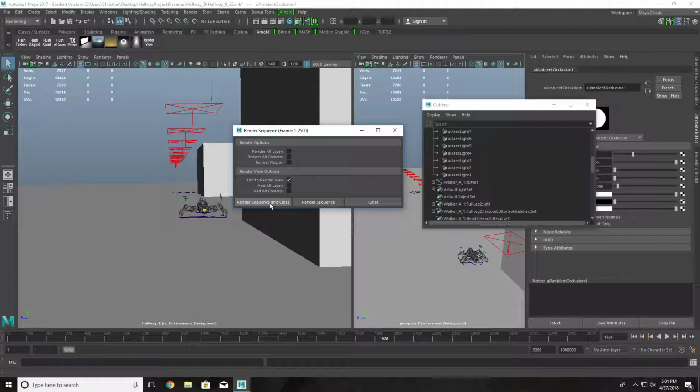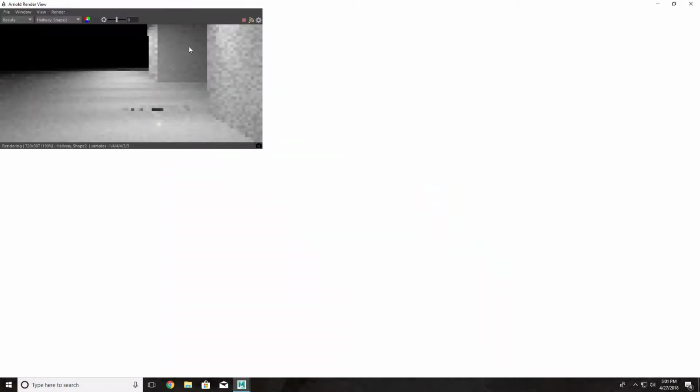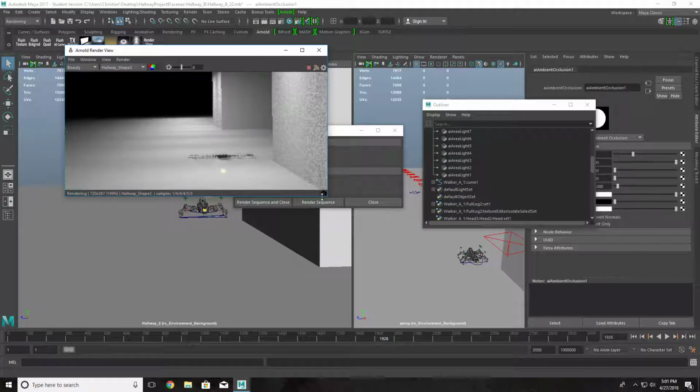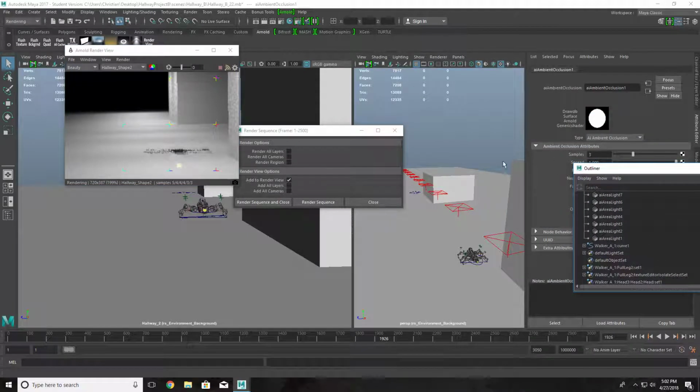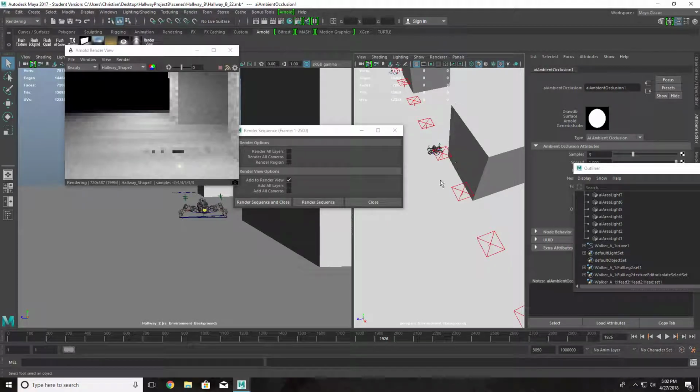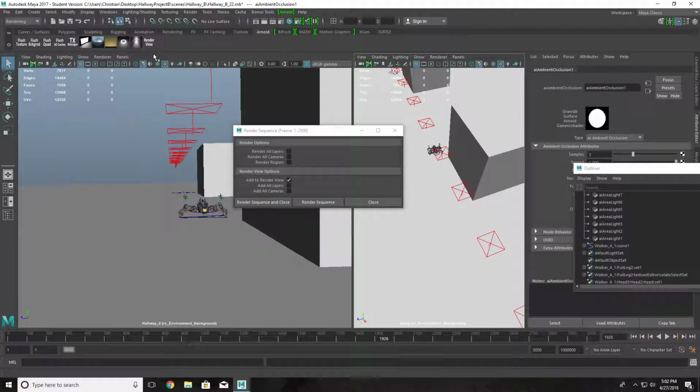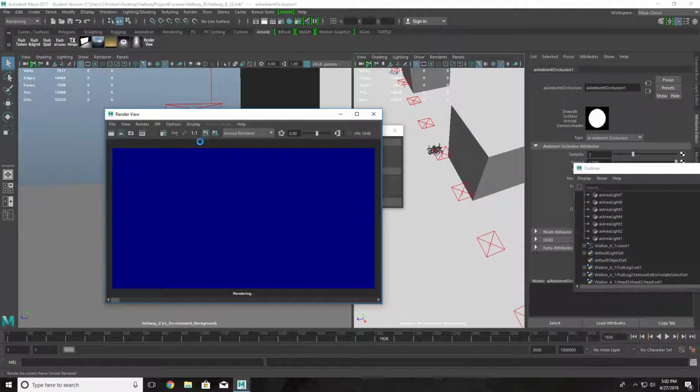Now, when you click render sequence, you should see this guy come up essentially. It'll appear right here, and it'll be blue, and it'll be rendering it off. And you'll see a little bar down here. If something looks wrong in here, like if you see this screen over here, like what this camera angle is right here, stop the render, make sure this is right, make sure that render view is right, and then come up here and make sure clicking this one right here,